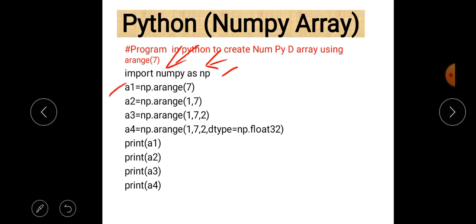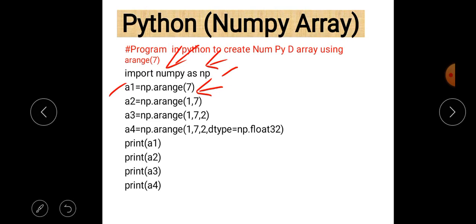In the first line, a1 is equal to np dot arange 7. As you can easily see here, only a single value is given, and no data type is mentioned in the arange function. So the default data type is considered, but only a single value is given, and we have to give three values: start, stop, and step.